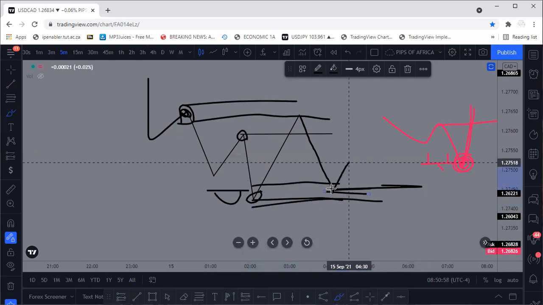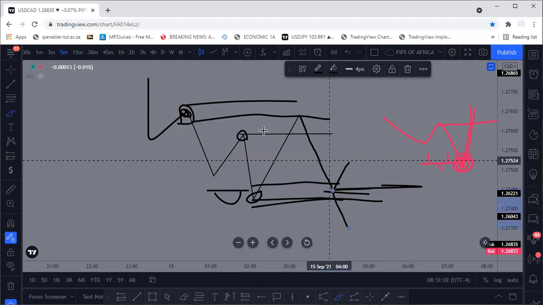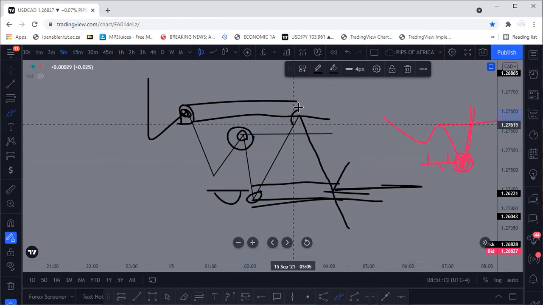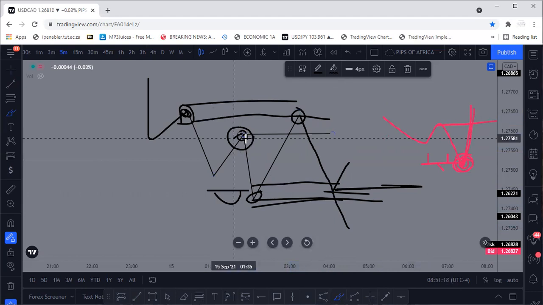The market will not do that. The market will continue breaking the structure, because this high here that was broken was not a true lower high. It was not a true lower high. A true lower high is this one here. This one was serving as a manipulation because above this lower high, there was an order block here, which was